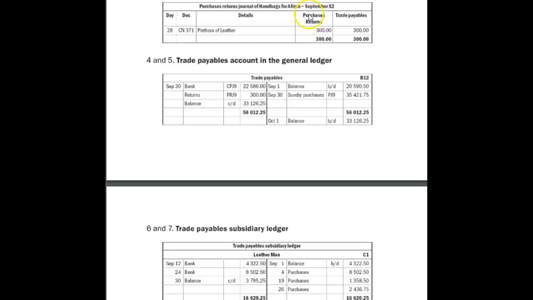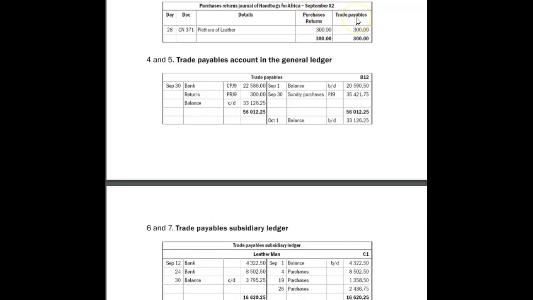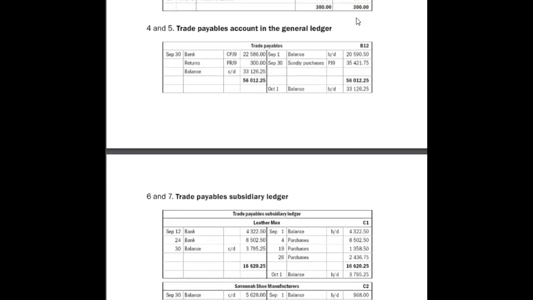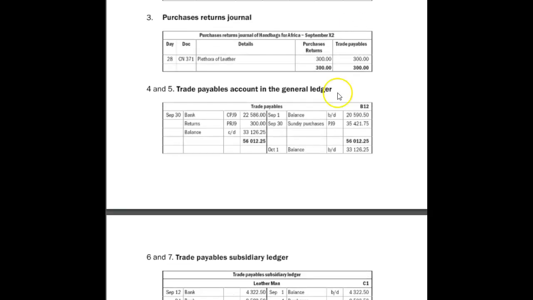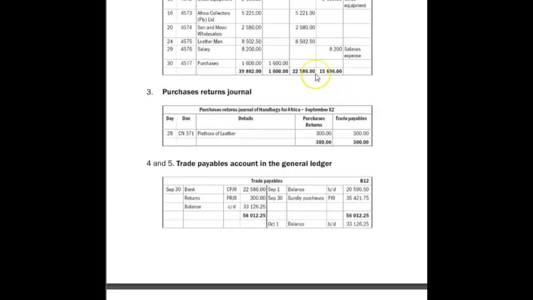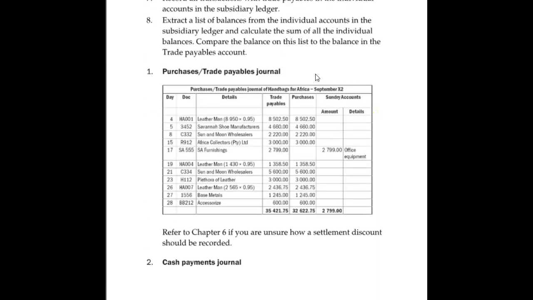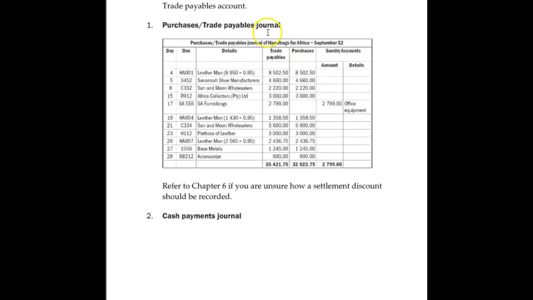Purchases return is inventory, and that inventory is a trade payable. Now from there we'll post to the ledger. To post on the ledger, I want you to look at these amounts and where they came from. If you really think about it, the purchases journal over here, let's say trade payables. We know this is going to go into the account of trade payables.